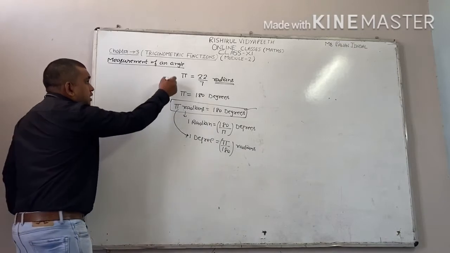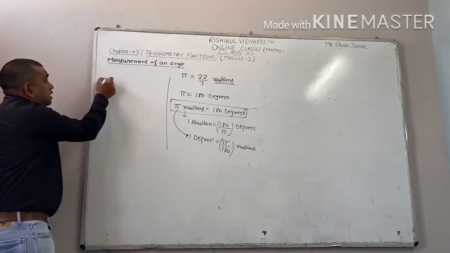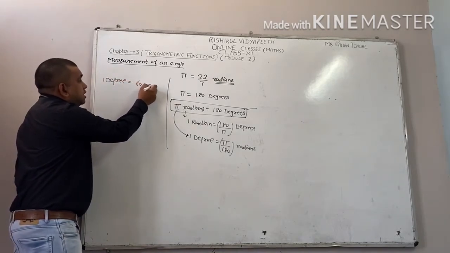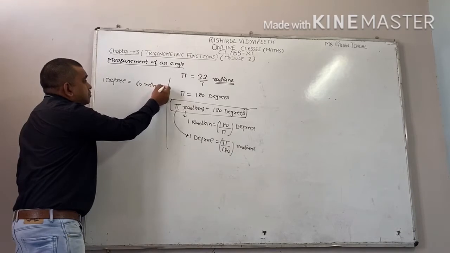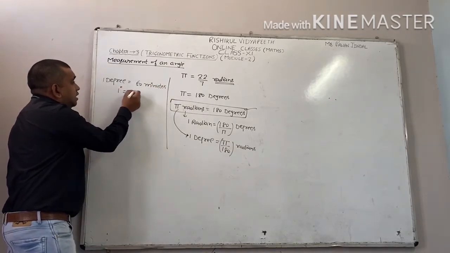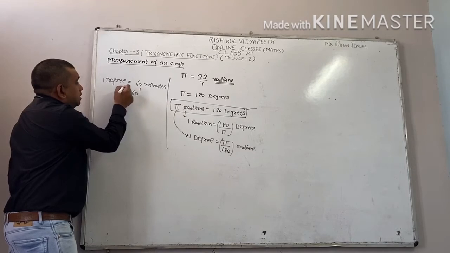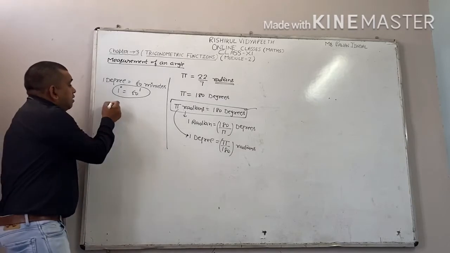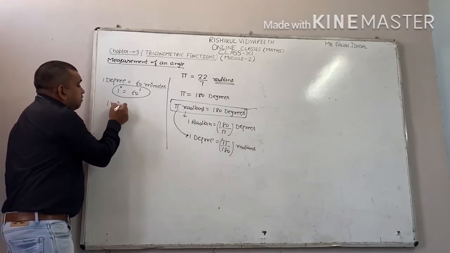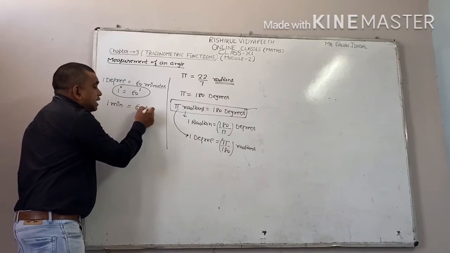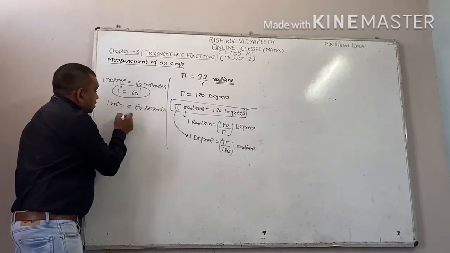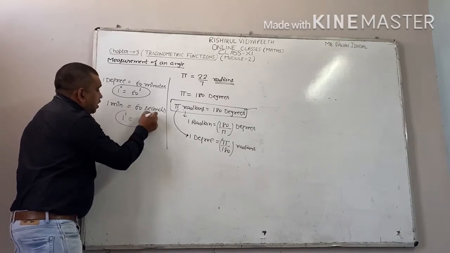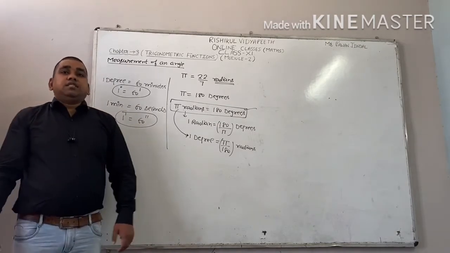There are two smaller units also. 1 degree is also equal to 60 minutes. The symbol is this one, a single dash, which is the symbol for minute. Next unit is the second. 1 minute equals 60 seconds, and the symbol for second is a double dash.